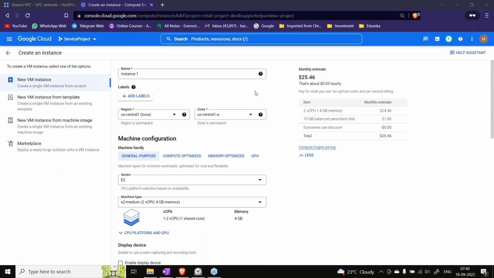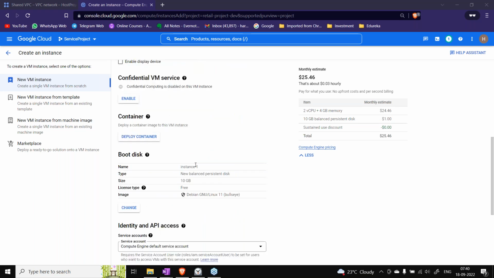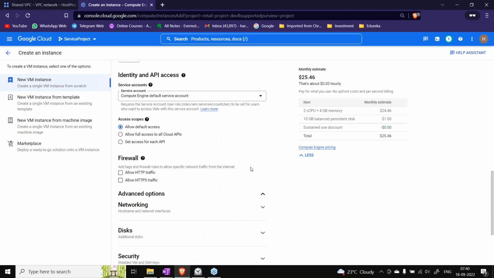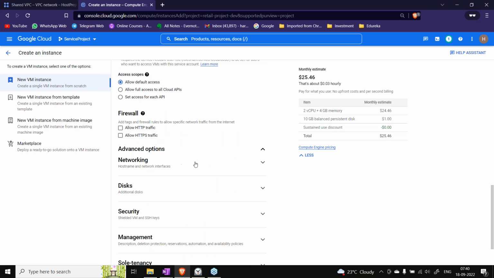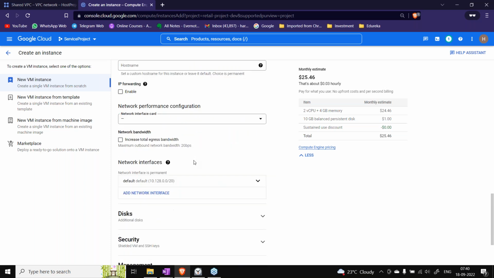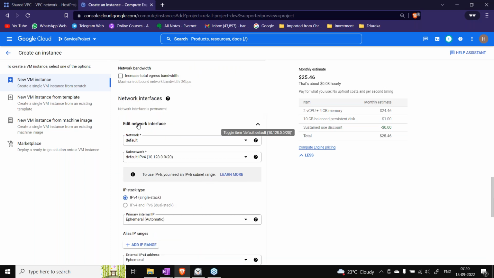Let's say we are creating this particular VM in the service project. What is the option that I'll get? You might be already aware that in networking, I keep on selecting the network, right? I keep on selecting the VPC here, right? So what are the options if I drop it down? What options do I see here? What do you think? What is that visibility that I will get?